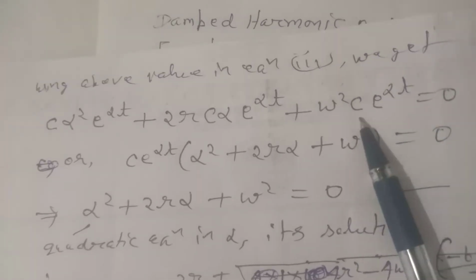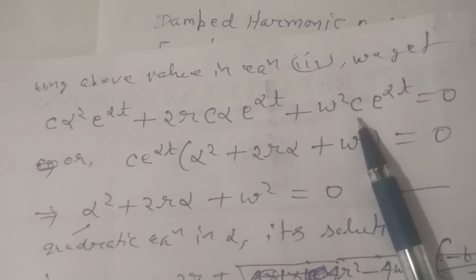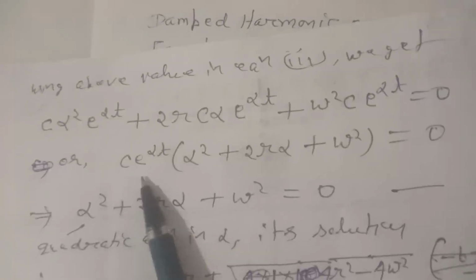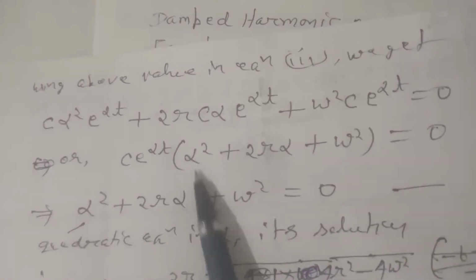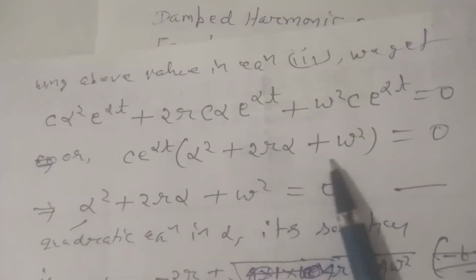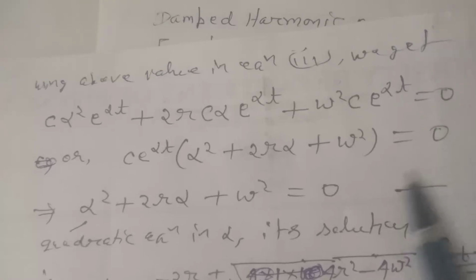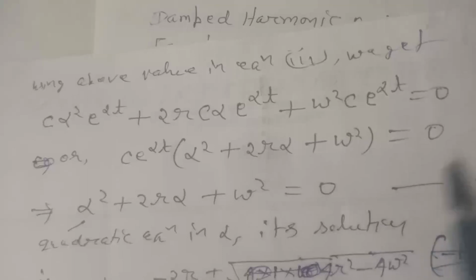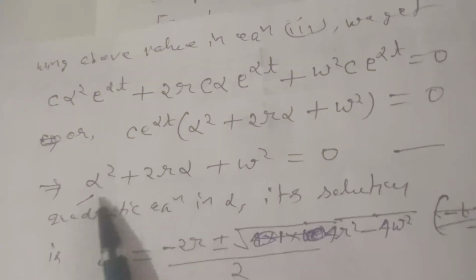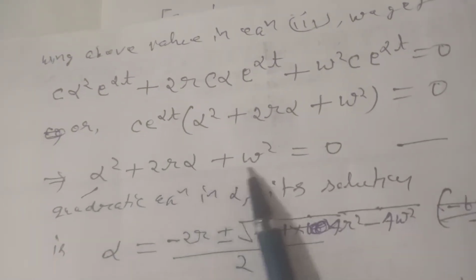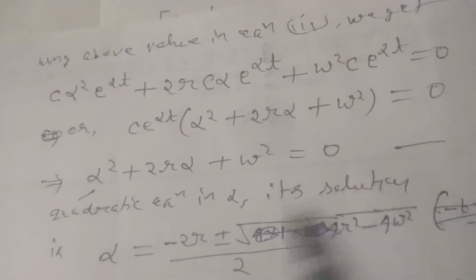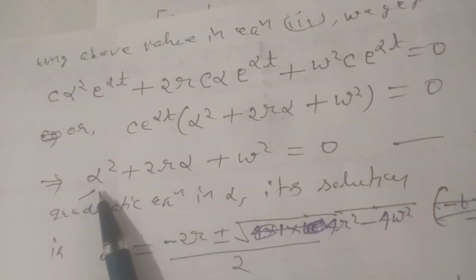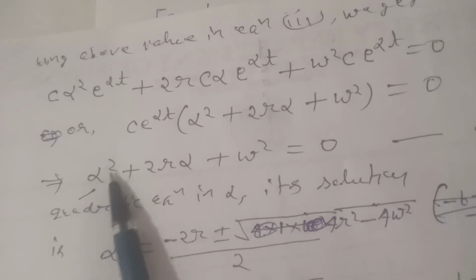Now taking c into e to the power alpha t common from each term, we get c into e to the power alpha t, under bracket, alpha square plus 2r alpha plus omega square equal to 0. So equating this value to 0, because c e to the power alpha t can't be 0, alpha square plus 2r alpha plus omega square equals 0. Here we see that this is a quadratic equation in alpha,